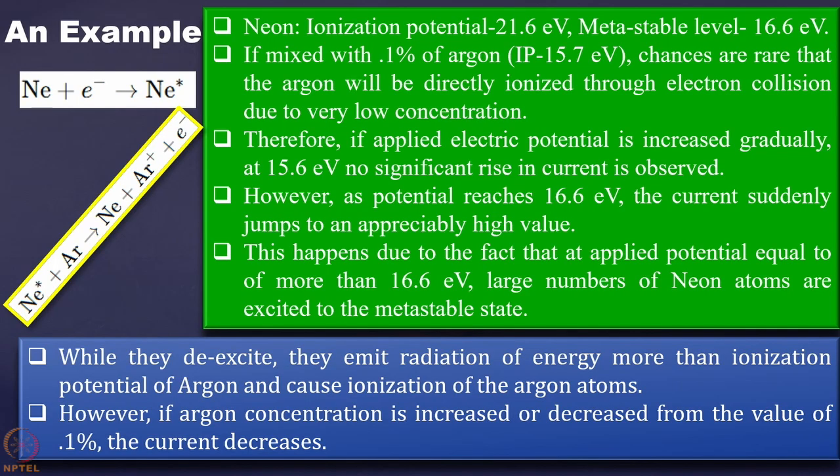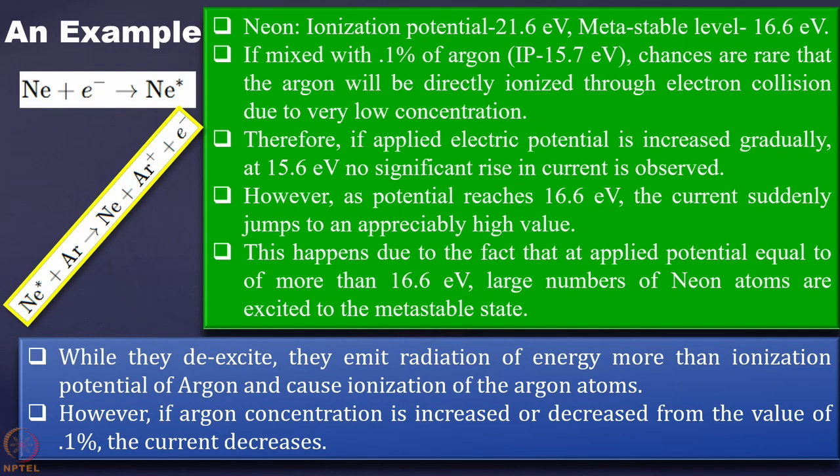That is very close to the argon ionization potential. Now cross 15.6, nothing is happening. But as the potential reaches 16.6 electron volt, the current suddenly jumps to a very high, very appreciable value. This happens because when you are applying the potential equal to or more than 16.6 electron volt,